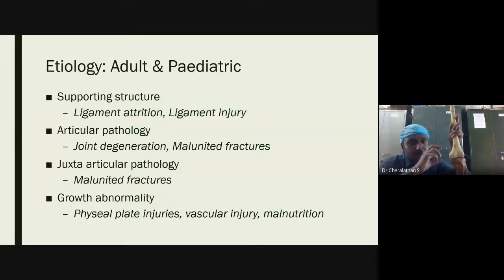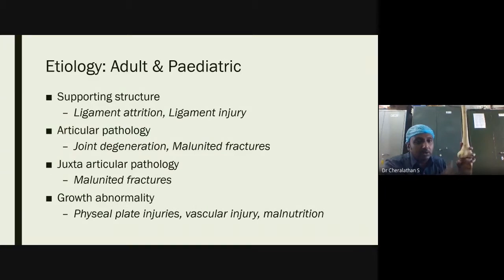Now what are juxta-articular pathologies? You can have a fracture here in the distal femur metaphysis in this region, and the bone can malunite this way. Even then, the deformity externally will appear as if the knee is bent, but actually the deformity is not at the level of the knee, but juxta-articular. So any fractures which occur very close to a joint, but not exactly in the joint, we call juxta-articular fractures. If they malunite, they can also cause deformity at the level of the knee.